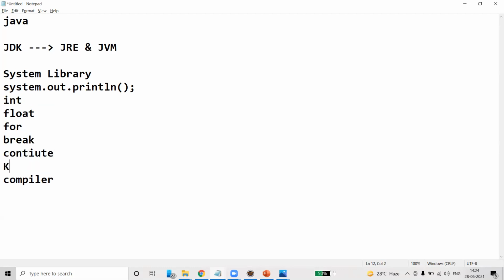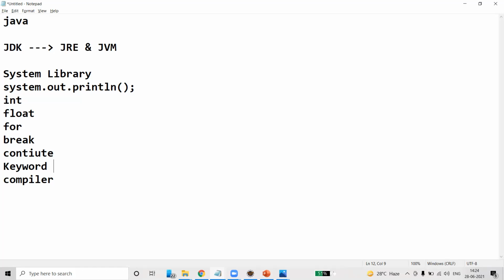These are keywords. Why do we call them keywords? These are reserved phrases. Who reserved them? Java developers reserved these words. We cannot use these words as variables as a programmer because they are reserved words, also called keywords.